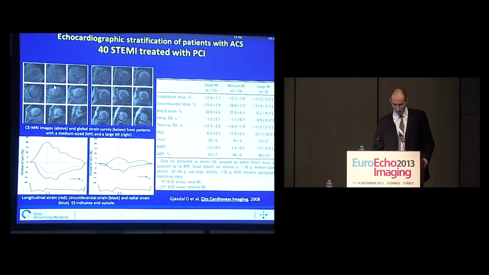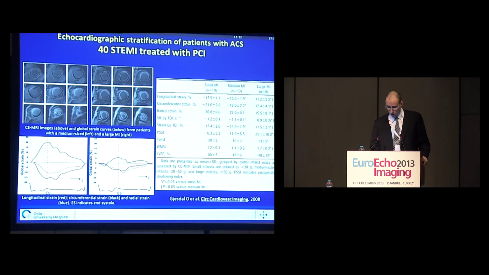Here in the upper left panel, we see a patient with medium-sized infarction, and below we see corresponding strain curves. We have radial strain in blue, longitudinal strain in red, and circumferential strain in black. And to the right, we have a patient with large infarction, and as you can see, global strain values are